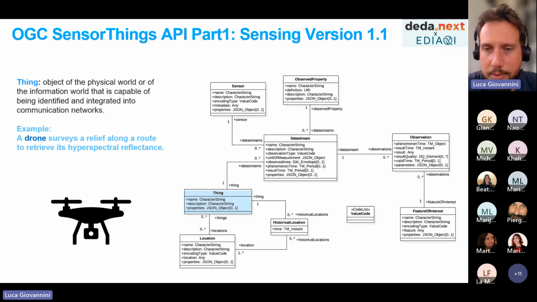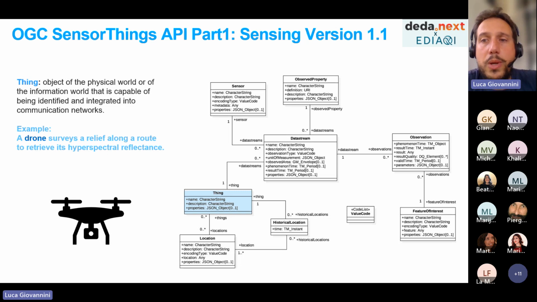So basically, the part of the electromagnetic spectrum that is reflected by the ground. So how do we organize the data coming from this drone if we want to follow the schema described by the SensorThings API standard?